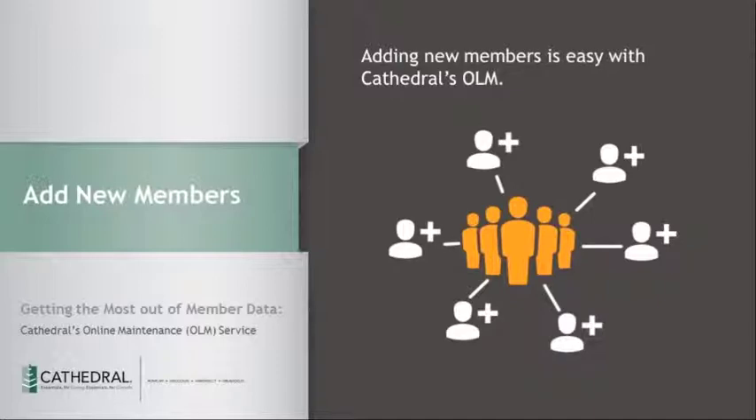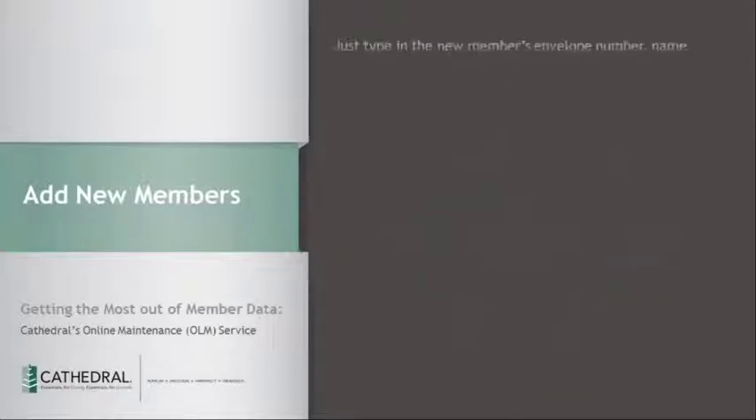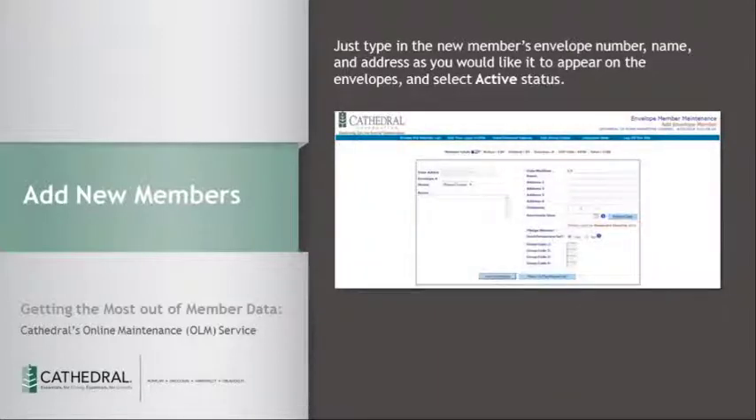Adding new members on OLM is very easy. As a tip, Cathedral's OLM is best viewed using Microsoft Internet Explorer. When adding new members, the quickest way to find the last number that you used in the OLM system is from the main screen. Finding the first column of the data that's entitled envelope number, if you click on the downward facing yellow arrow, the last number you assign will appear at the very top